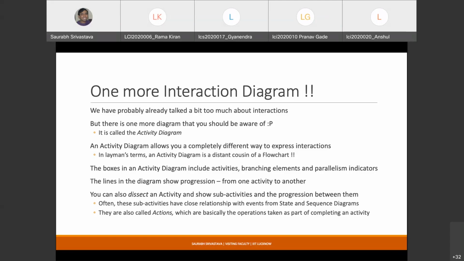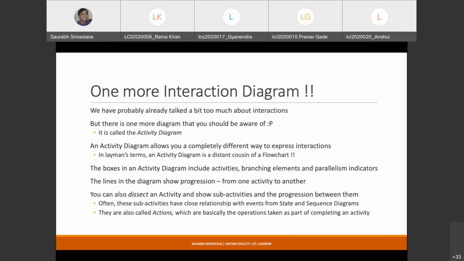So you prepare one activity diagram for each use case that you have. For example, if the use case is creating a service request, your activity diagram will tell precisely, step by step, how exactly a new service request can be created on the internet banking website.